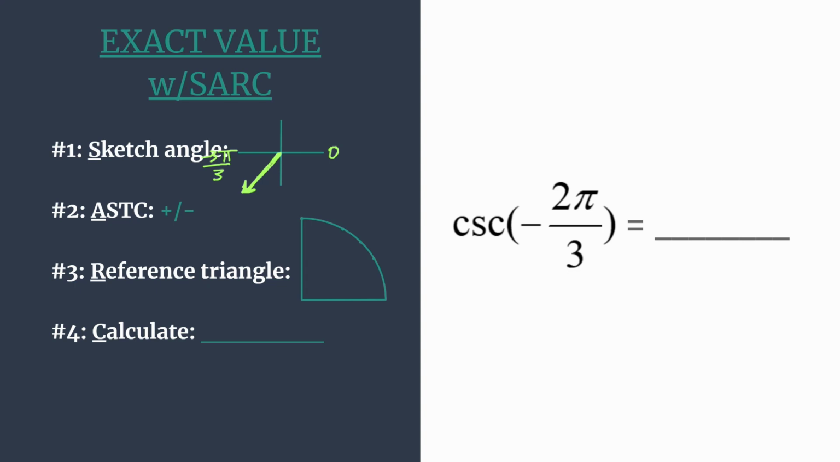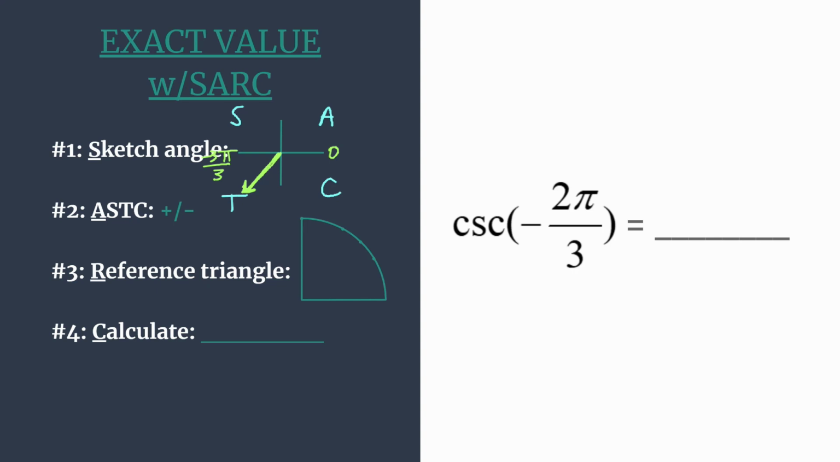Now we're ready to move to step 2, A.S.T.C. Think all students take classes, and this will tell us which trig functions are positive in each quadrant. So start in quadrant 1 and we'll label A.S.T.C. Working our way around, all trig functions are positive in the first quadrant. Sine, the S, and its reciprocal, cosecant, are the ones that are positive in quadrant 2. All the rest are negative. In quadrant 3, which is the one that we are concerned with for this exact value, only tangent and cotangent